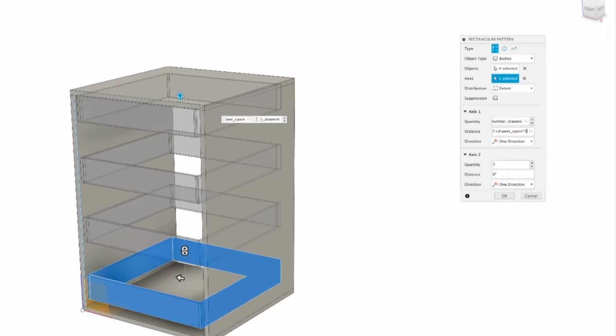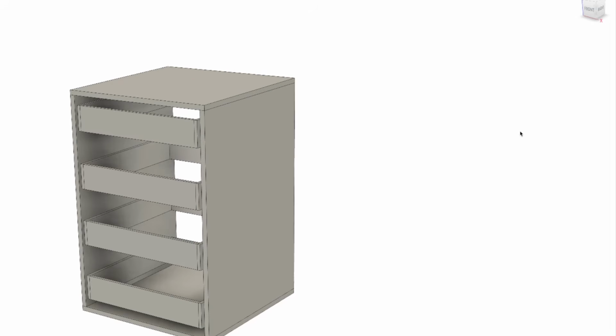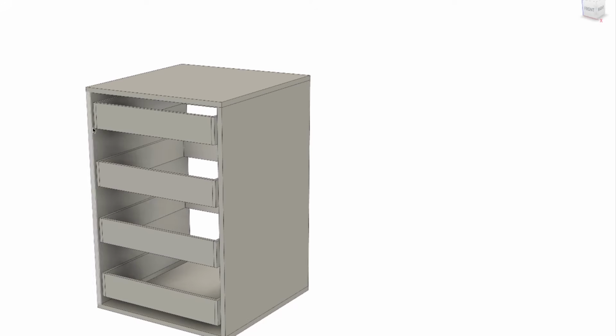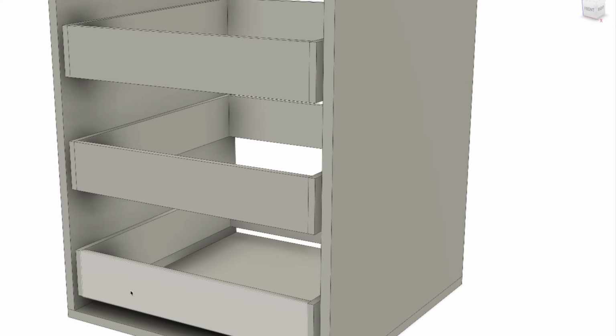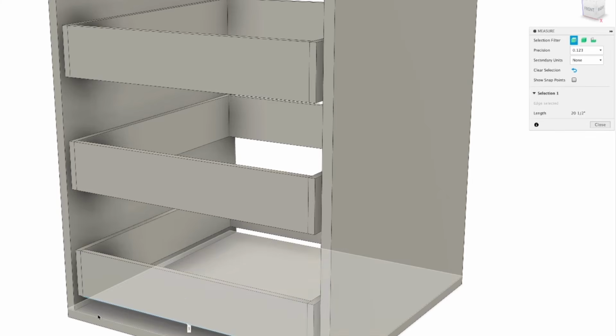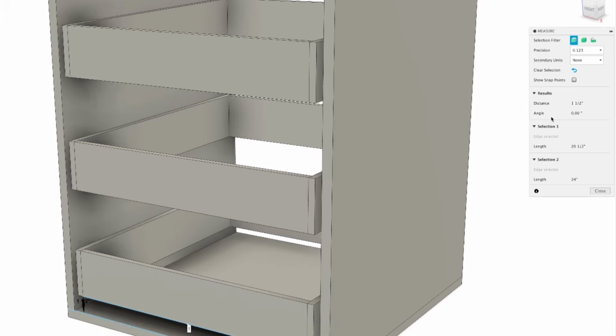And then we're going to do times 2 for that as well. And then that should give us where that top level is. So if we know the drawer space, we can go in here and zoom in, just double check. So the bottom one, which we've set, if we press I for inspect, I'm going to grab one of the edges, the edge in the bottom. And then over here on the right-hand side, it should tell us that the distance between the two is 1.5